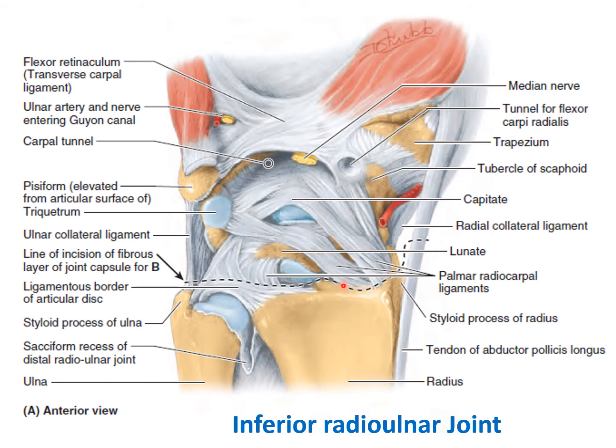Here also you can appreciate this is the lower end of the radius, this is the lower end of the ulna, and here is the ligamentous border of the articular disc, or we can say the triangular ligament of the inferior radioulnar joint, and below this ligament or this articular area we can see the synovial membrane, and again the synovial membrane is hanging and forming a sac-like structure which is known as the sacciform recess of the radioulnar joint. Again, why is this important? Because when the lower end of the radius rotates over the ulna, there will be no stretching or tearing of the synovial membrane. So it prevents the stretching, bending or tearing of the synovial membrane.